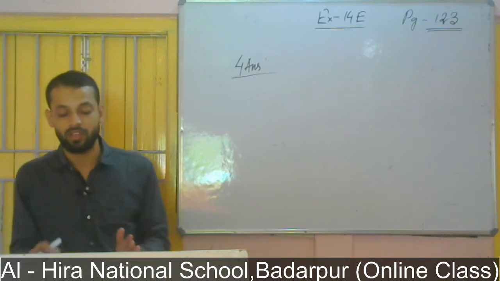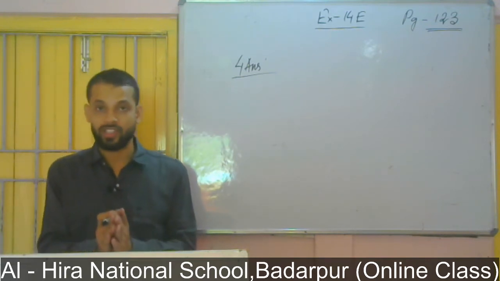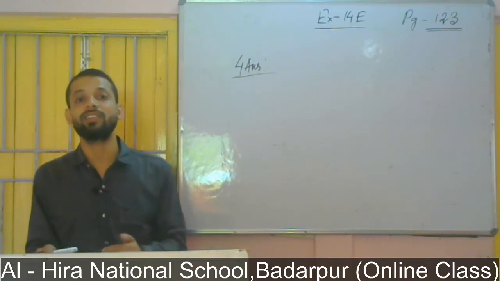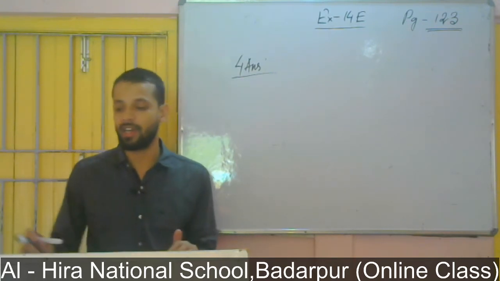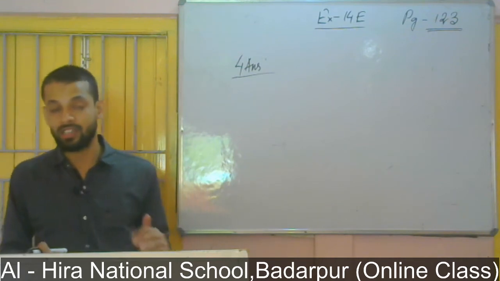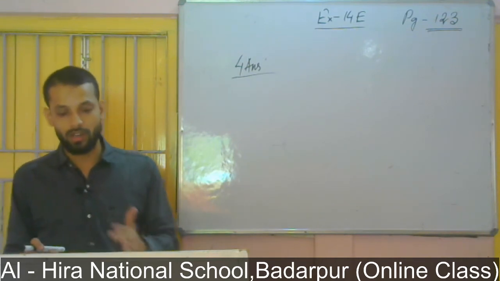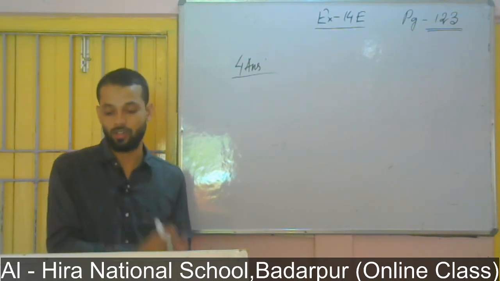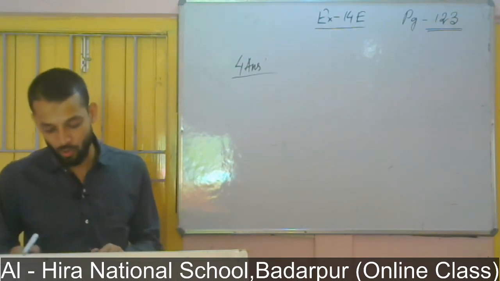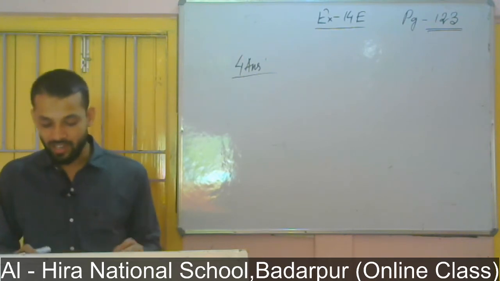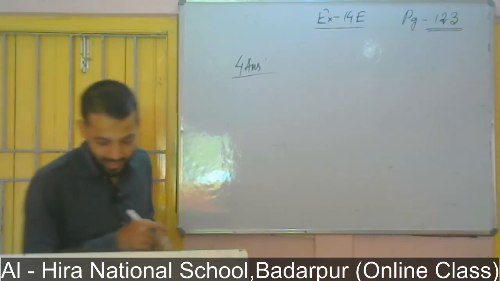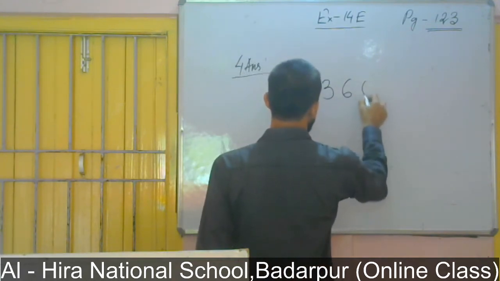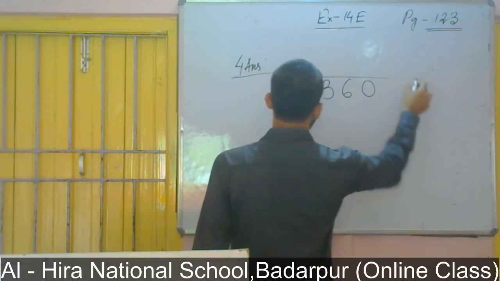Each means 1. That means if the price of 6 flower pots is rupees 360, then we have to find out what is the price of one flower pot. Earlier the quantity was 6, that is why the price was also more. Now the quantity has decreased to 1 from 6, that is why the price also will be less. So in this case, what we have to do? We have to divide 360 by which number? By 6. Okay, 360 by 6.